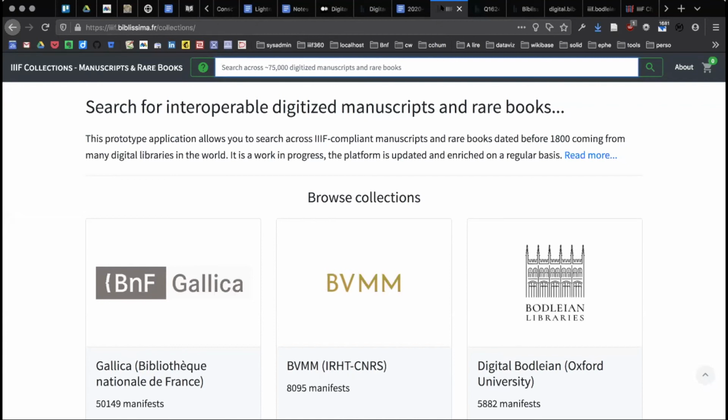There are pieces of data that are present in the source metadata record or on the library website that are not present in the IIIF manifest. And last but not least, do the manifests point to a structured metadata file via the seeAlso property? So that's the kind of question that is raised while working on this prototype and harvesting those IIIF resources,